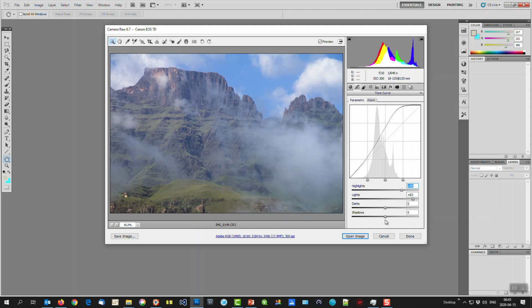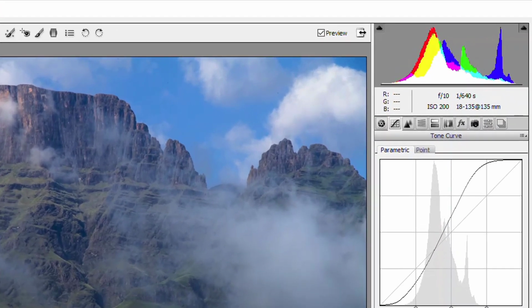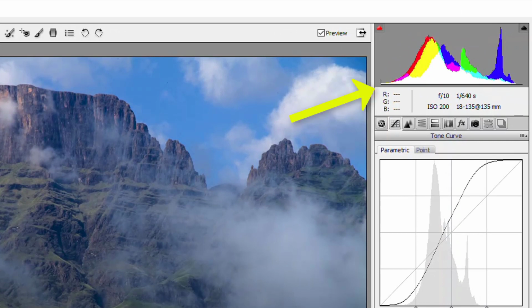Now we're going to pull the shadows and the darks, so it moves to the left. So let's pull the darks and it slides to the left. Pull the shadows a little more until it nearly touches the end there,